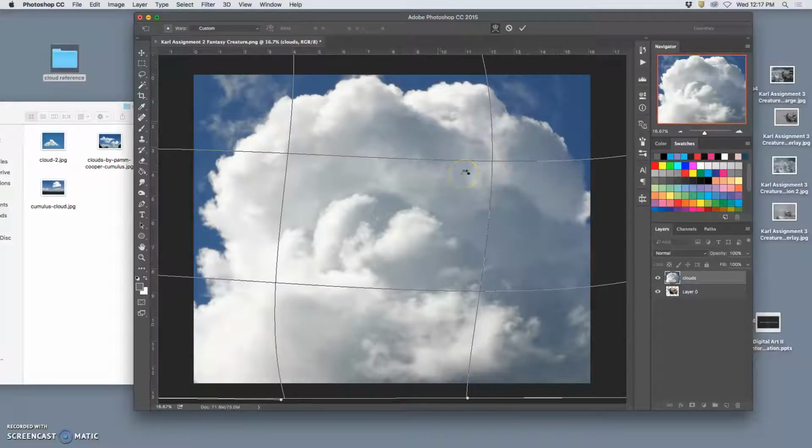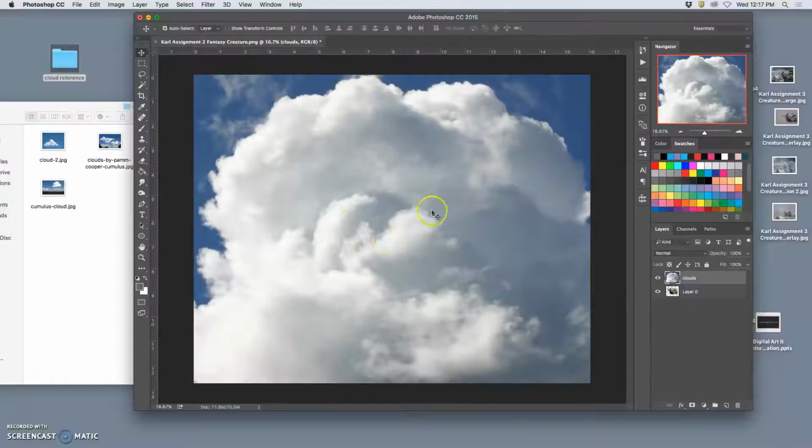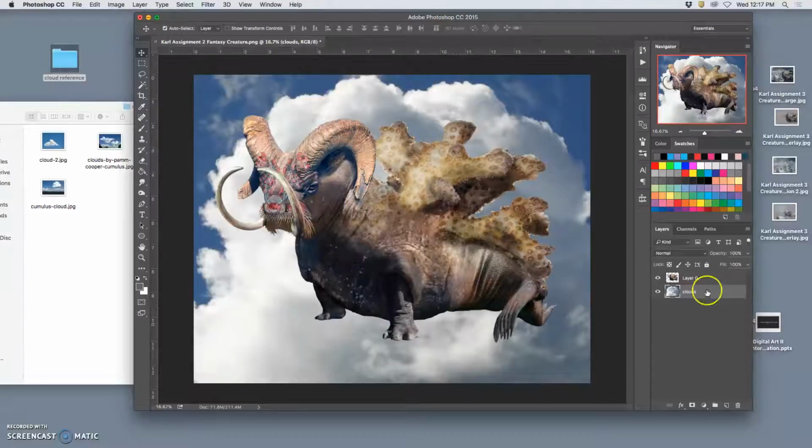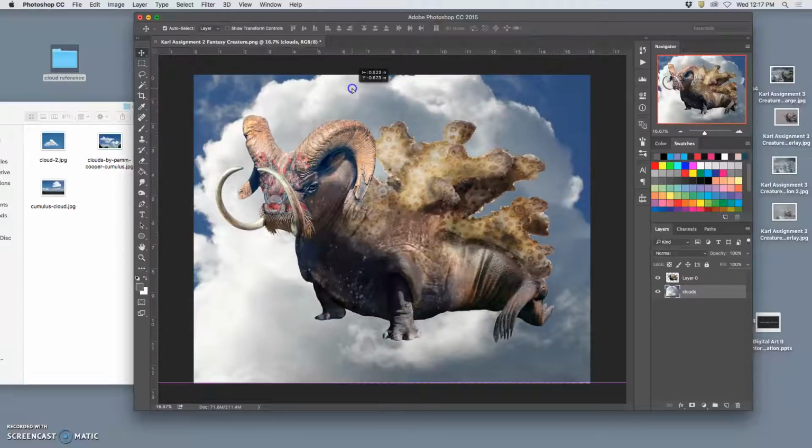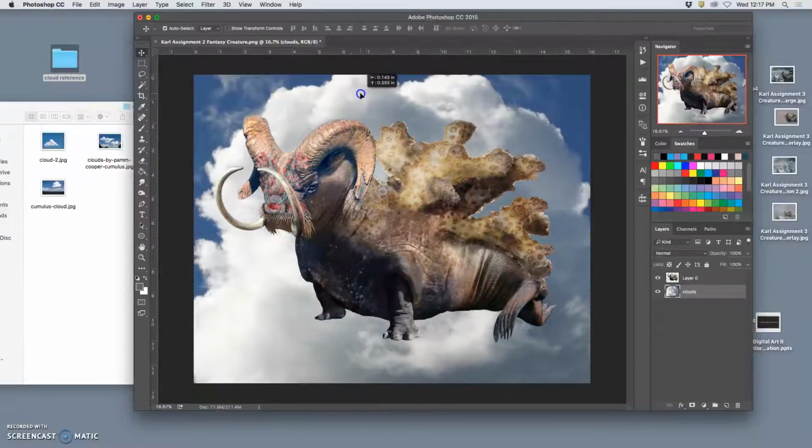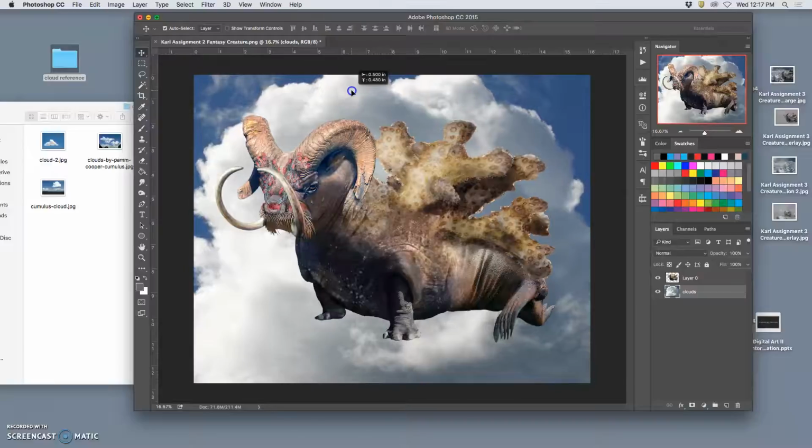Okay, now I want to move this big cloud layer underneath my creature. And then I want to position it so that my creature overlaps it entirely. So if I turn my creature into a cookie cutter, I want it to only cut out cloud, not have any bits of blue sky. All right,